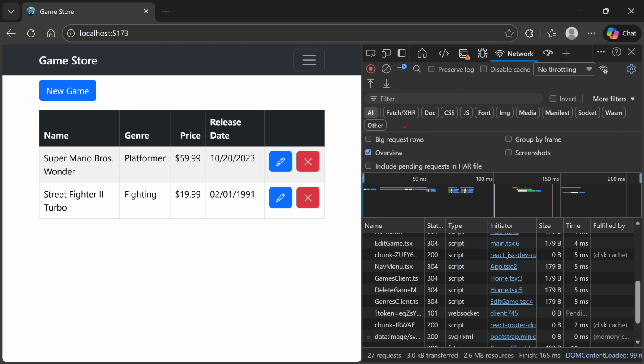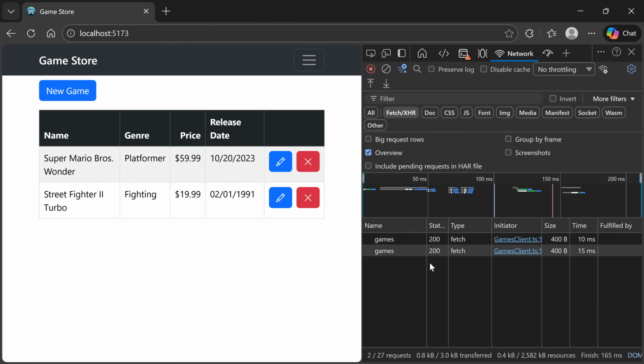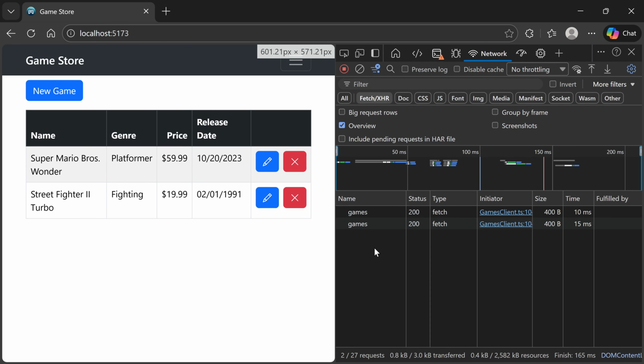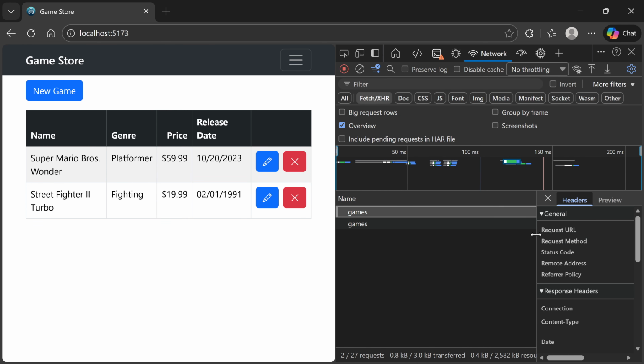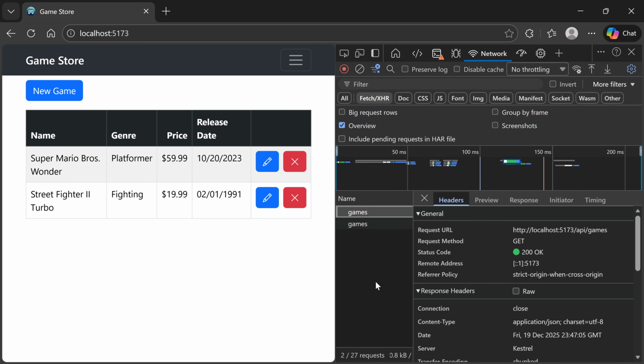So for that, I'm just going to click here in fetch/xhr. So that's going to reveal only the fetch calls, where fetch is the API in JavaScript that you can use to talk to an external service. So here we can see that we have a couple of fetch calls. Let's click on one of those. If we expand this, we can see that right here is our request URL that is going into the